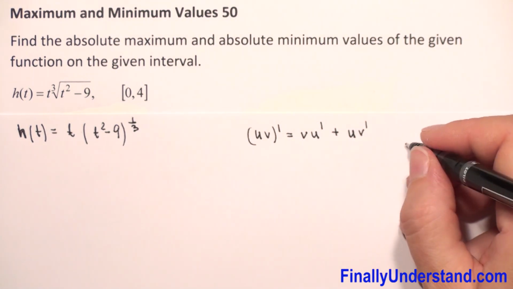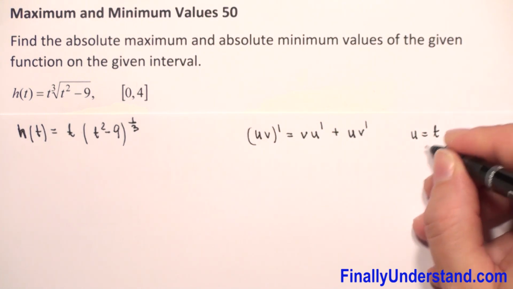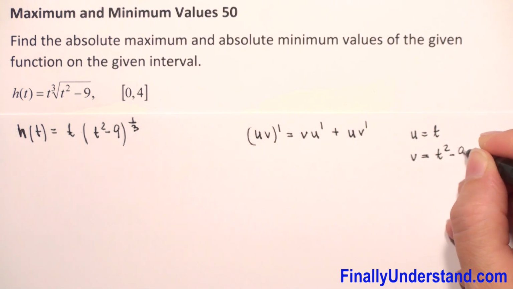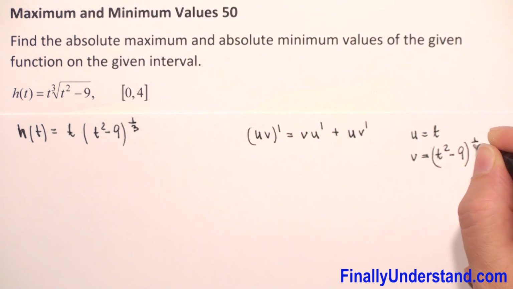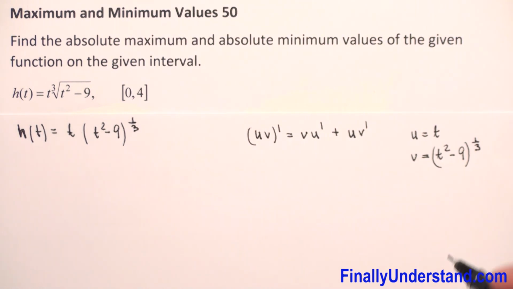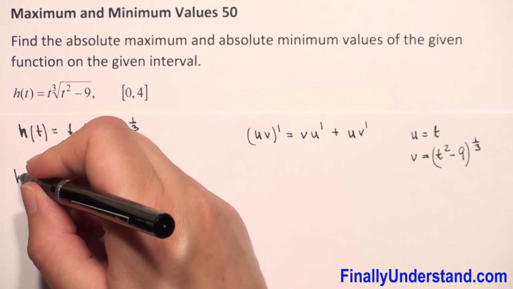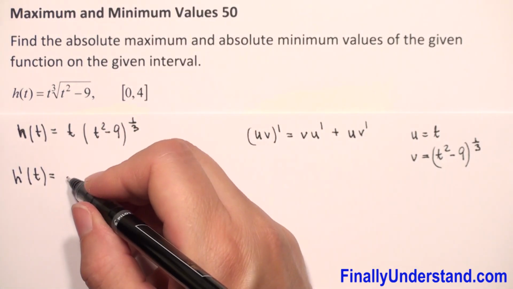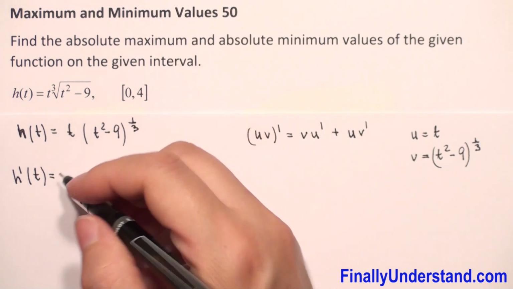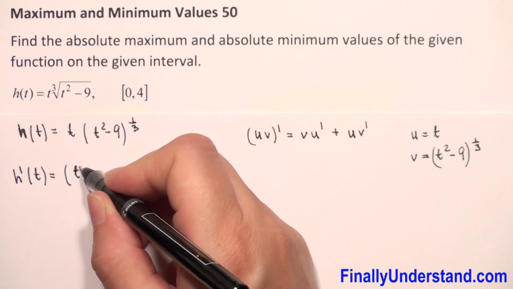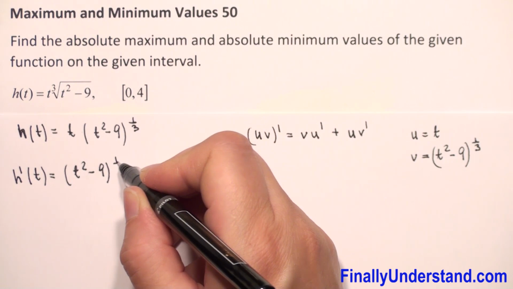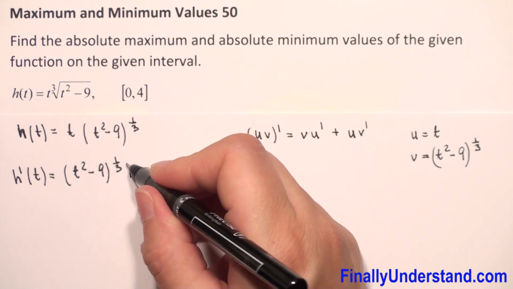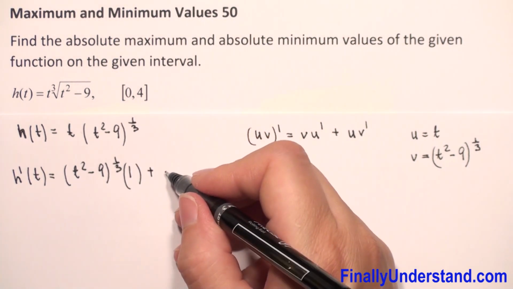In our case, we have u equals t and v is equal to t squared minus 9 to the power 1 over 3. So the first derivative h prime of t is equal to, we have to copy first this whole expression, so we have t squared minus 9 to the power 1 over 3 times the derivative of t, which is 1,